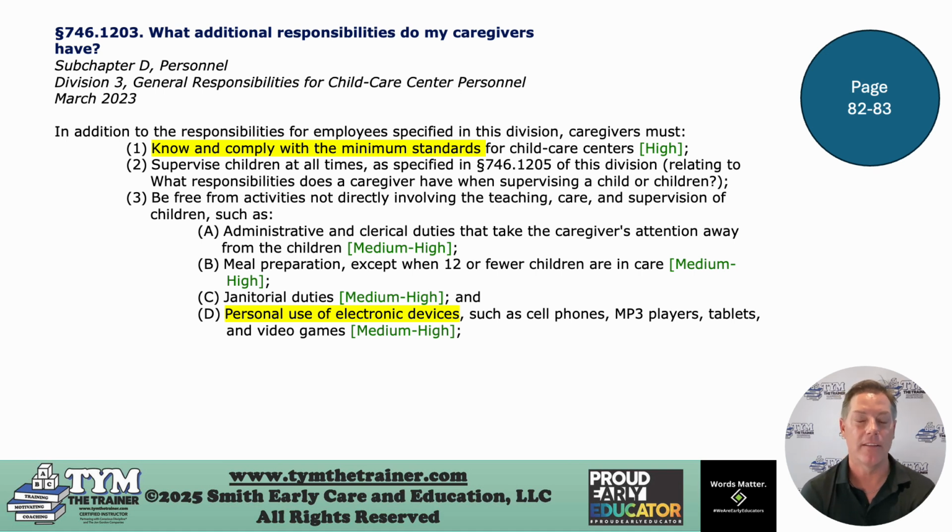So I'm starting to see more and more facilities that are pulling the tablets out of the classroom because we're having too many supervision related issues because the focus is not being prioritized, all right? And we're putting too much attention on those tablets and not enough attention on the safety and supervision of the children.